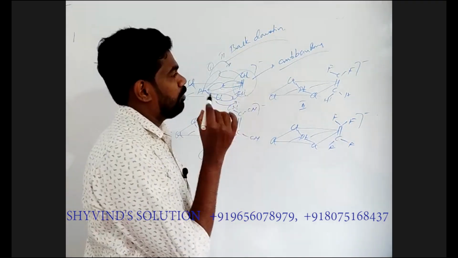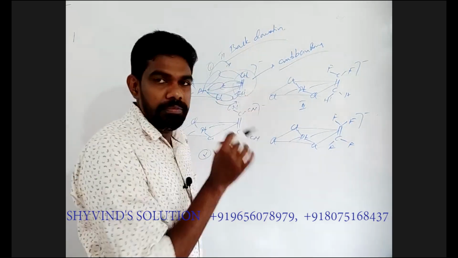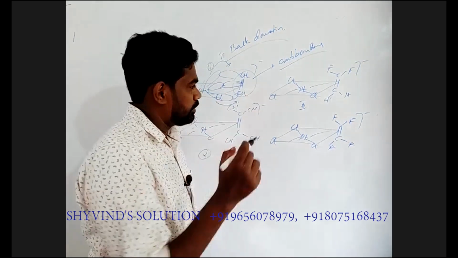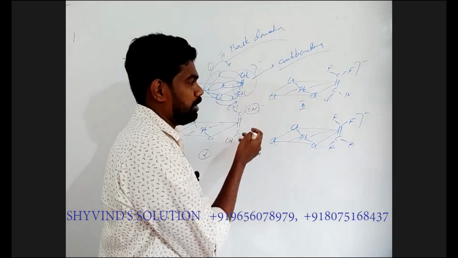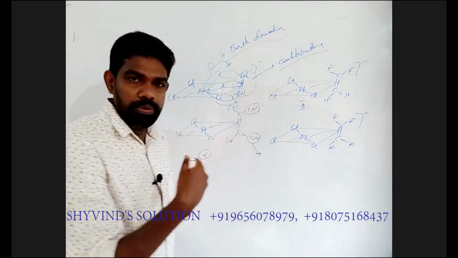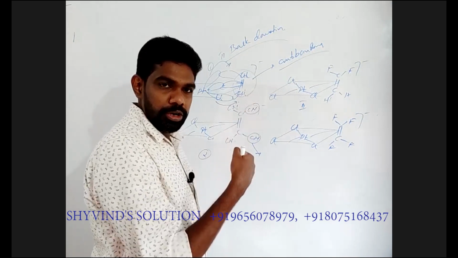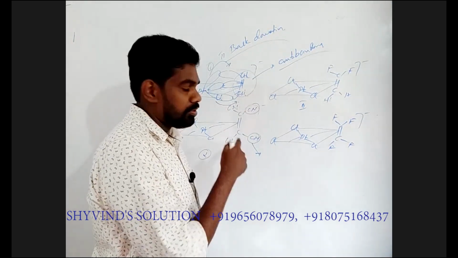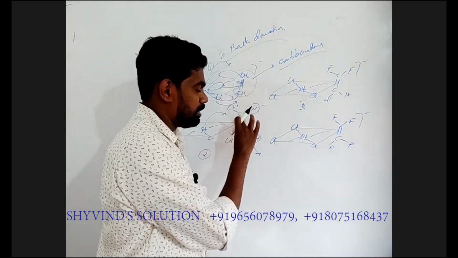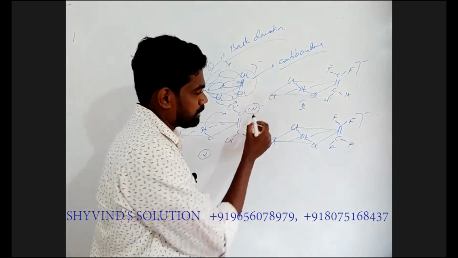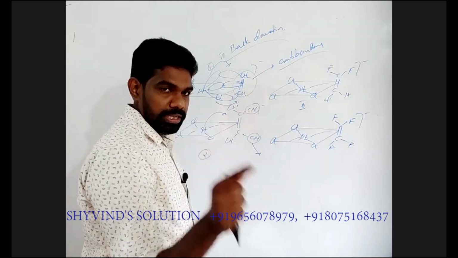So what factor increases the pi back donation from metal to ligand? That is the question. So here we can see it. CN is given. It's a good electron puller. So the presence of this type of electron pulling substituents on carbon will make the pi back donation easier. So that will pull the electrons from metal to ligand. That means this bond strength decreases. Okay, the presence of an electron withdrawing group decreases the bond strength. That means it increases the bond length.